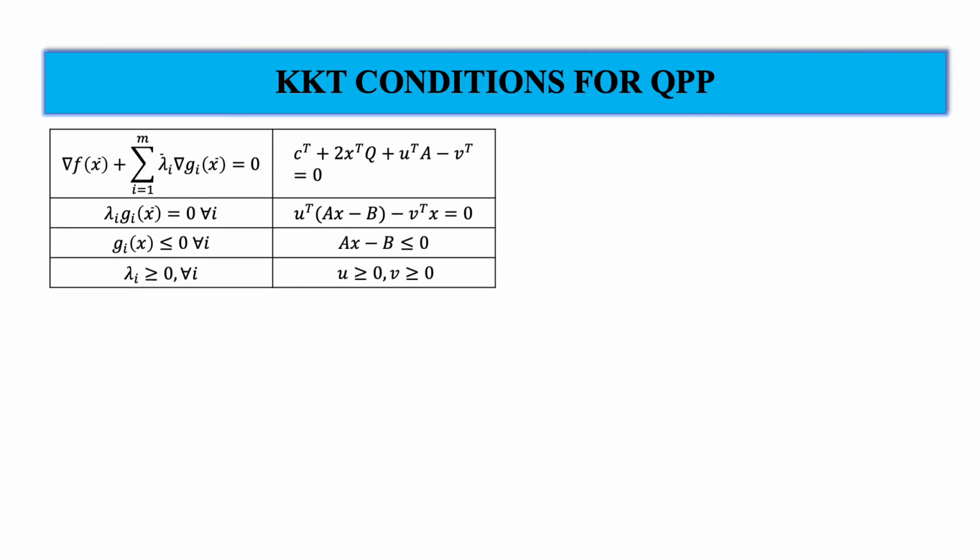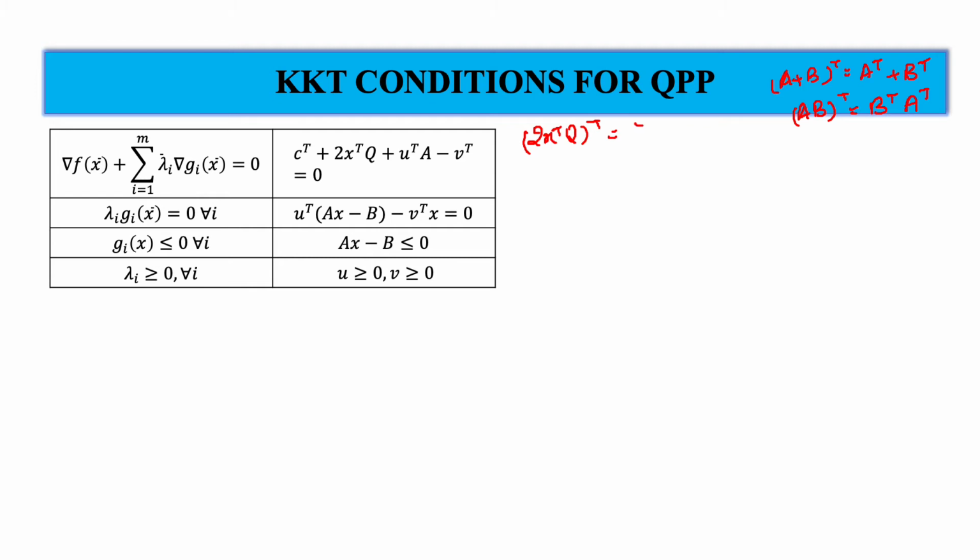So these are the KKT conditions for the given quadratic programming problem. Now these can be rewritten as follows. Take the transpose of both sides of the first equation. That is A plus B transpose, if you take it, it is A transpose plus B transpose, it's the same. And even for AB transpose, it is B transpose A transpose. Okay, so take the transpose of both sides for x transpose Q x.